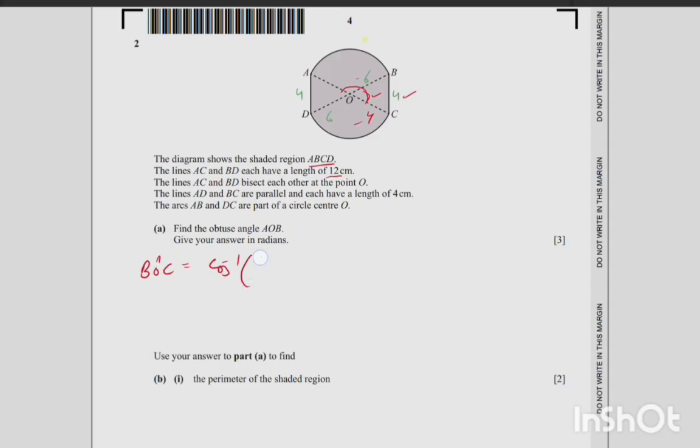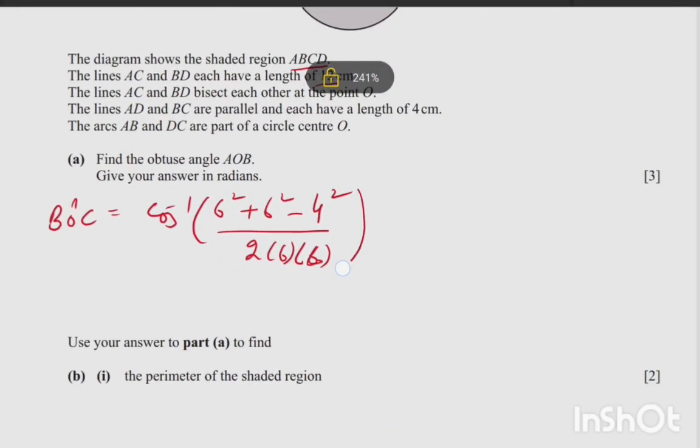Cosine of (6 square plus 6 square, and here 4 minus 4 square, because this side will be minus) divided by 2 times 6 times 6. Okay, this will be 6. Now we have to find this one, cos inverse, and calculating this, 7 by 9, and calculated cos inverse of 7 by 9, we get the answer is